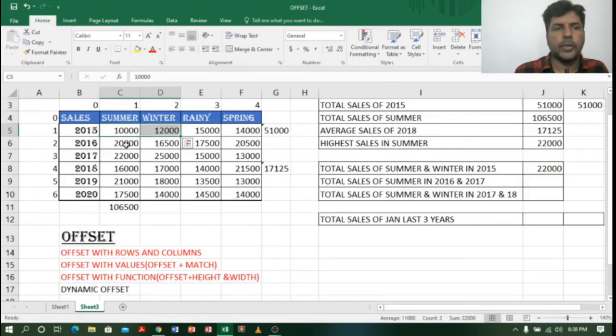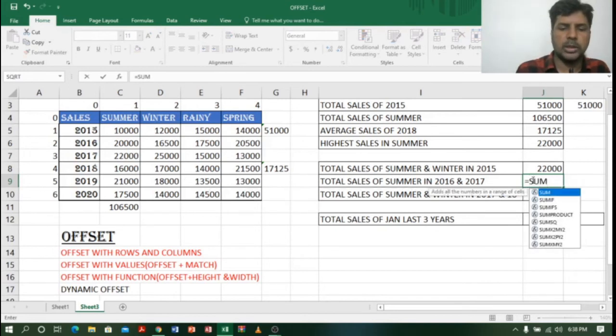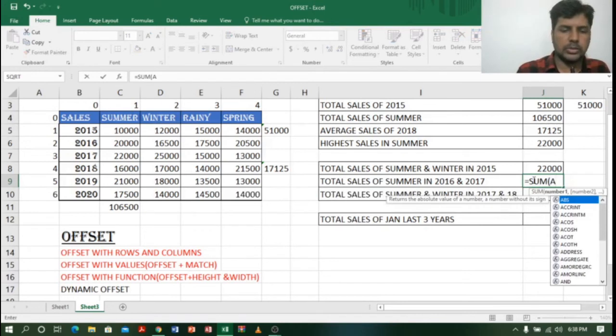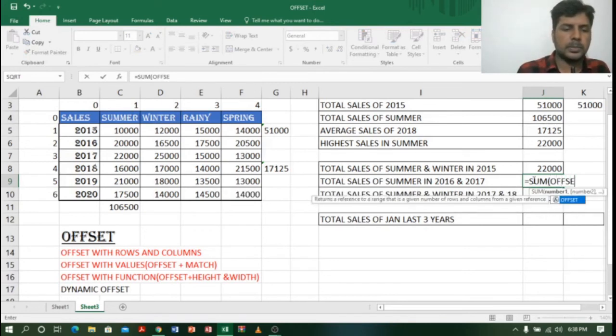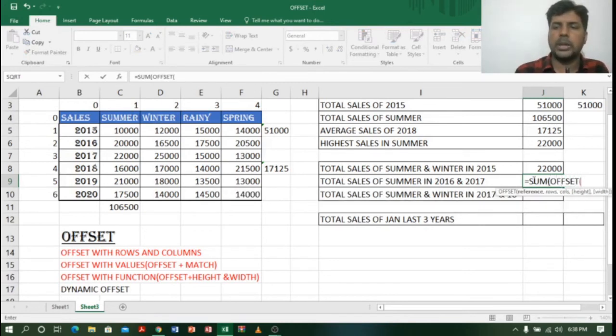Same way I want to find 2016-17 summer sales. Okay, so let us see how it will work. So I will type equal to sum, again open bracket, sorry, offset, open bracket, cell reference, comma, row. Which row? It's the second row, right?